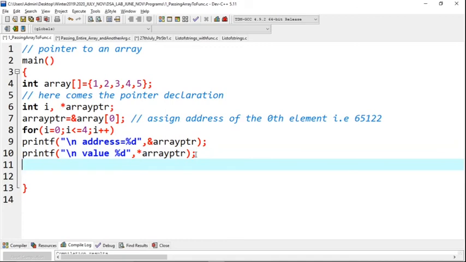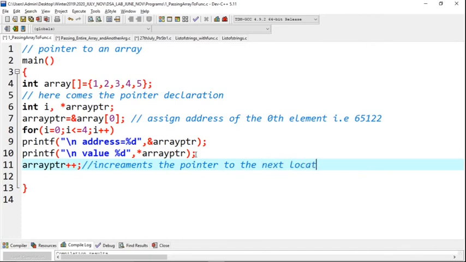Then you have to increment the array pointer to point to the next location, that means the next value. So array ptr plus plus is as simple as integer incrementation, I plus plus, but this is an array pointer now, so it will point to the next location. It increments the pointer to the next location.